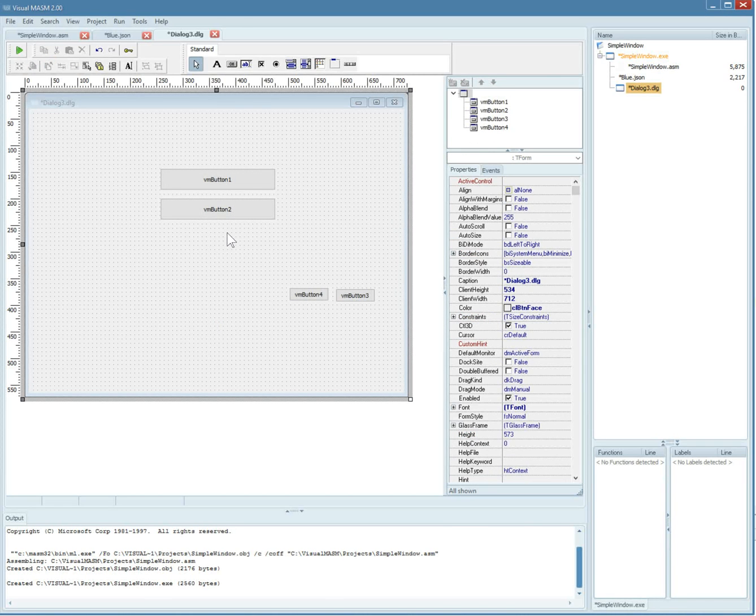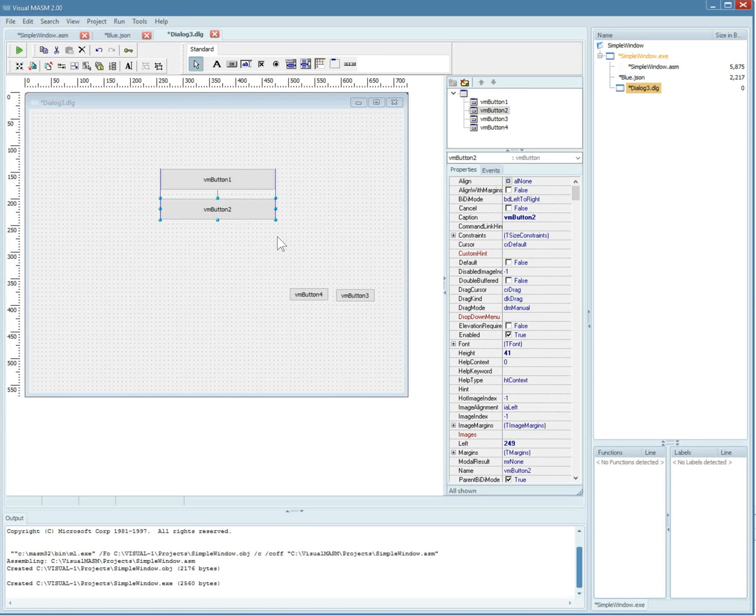That will be helpful the more controls you have on the form. There's also a way to do fine-grained movements of the controls. If you hold down the control button, which I'm doing now, and then the down arrow key here, if you can see, the control will move pixel by pixel, so outside of the grid steps. If you really want to perfectly align them with absolute control with the keyboard instead of the mouse, if you hold